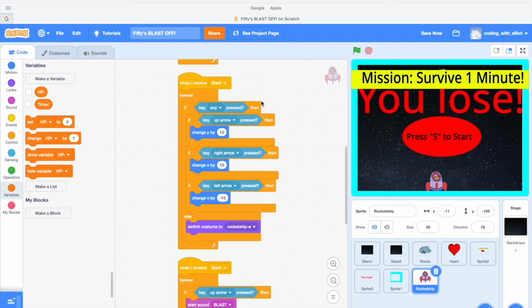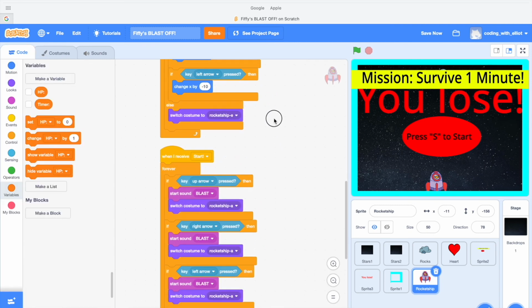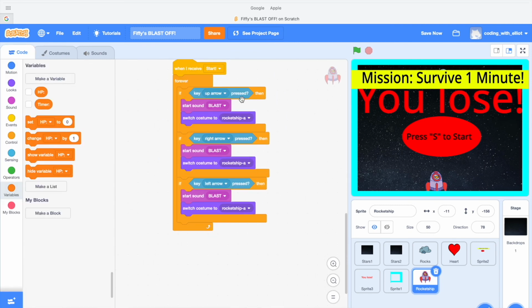Now when I receive start, here's our controls. So we're using an if else first. If any of the keys are pressed, we're going to do up arrow change Y by 10, right arrow change X by 10, and then left arrow changes X by -10. But else, we're going to switch costume to our no fire. Now, when start, forever, if the up arrow, right arrow, or left arrow is pressed, we're going to do the rocket ship A, which is